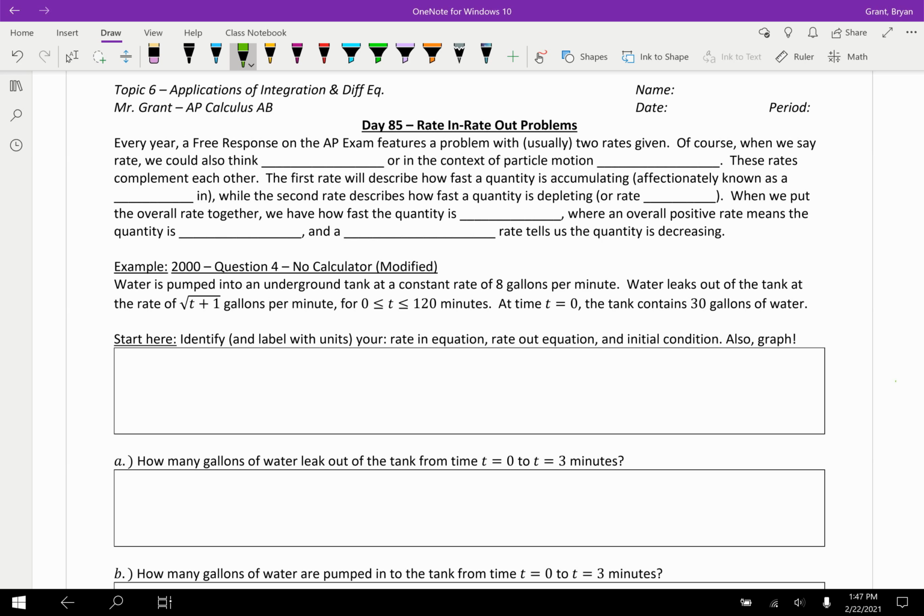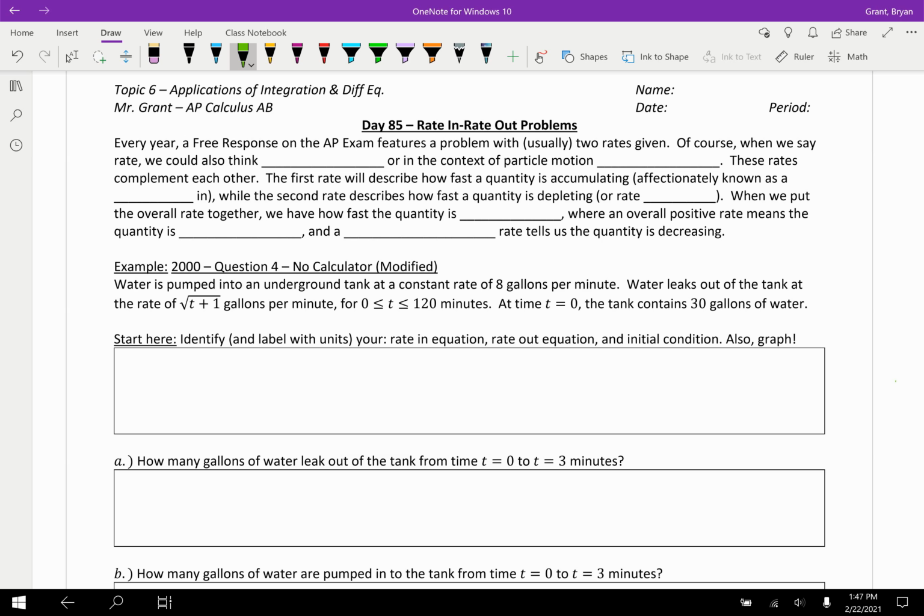Howdy, hi, AP Calculus AB, and welcome back to another day of Topic 6, Applications of Integration and Differential Equations. This is actually the last part of Topic 6's application of integration. You hopefully have noticed that the last few days have been spent on themed free response style questions, right? We started with particle motion, we went to finding extrema. Last class we focused on tabular data, and this class we're going to focus on what are known as rate